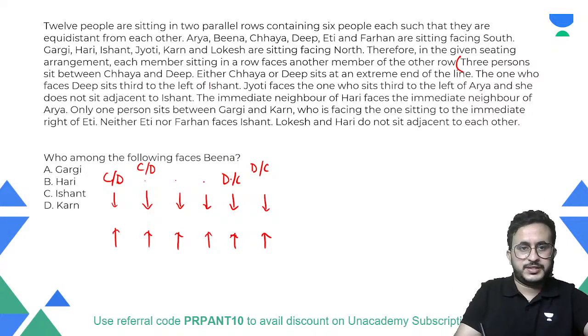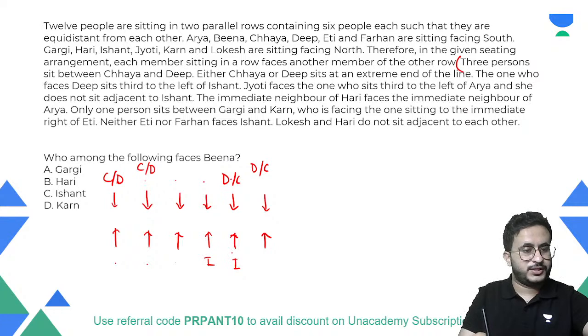There is one more person: the one who faces Deep sits third to the left of Ishant. Okay, the one who faces Deep. So suppose Deep is here, so the opposite is here. That person is third to the left of Ishant. If Deep is here, then Ishant will be here. So in this case,